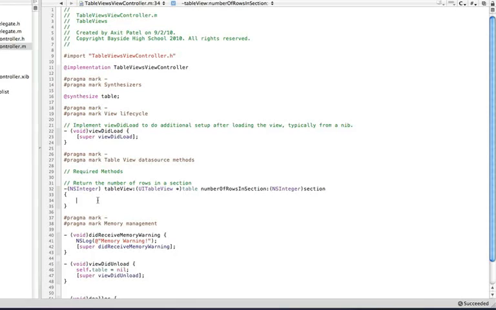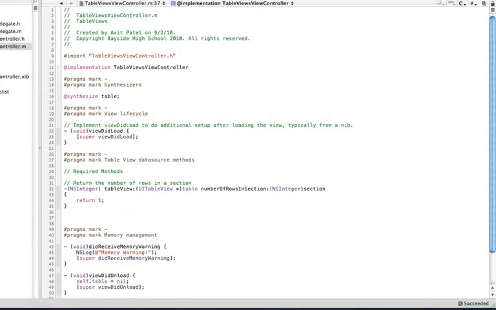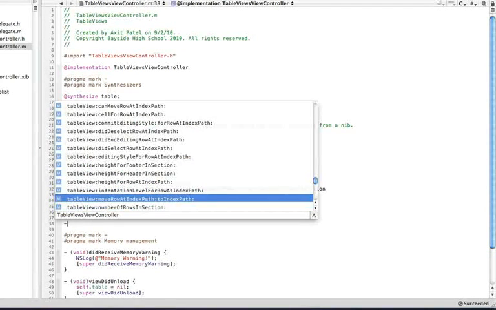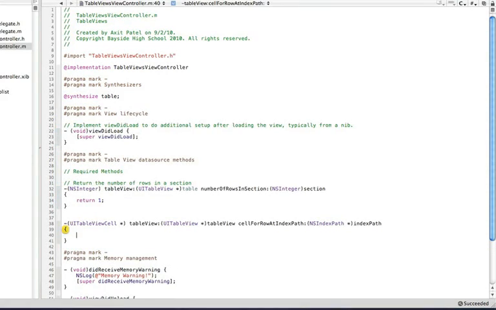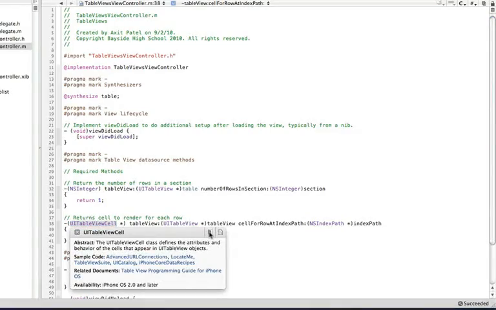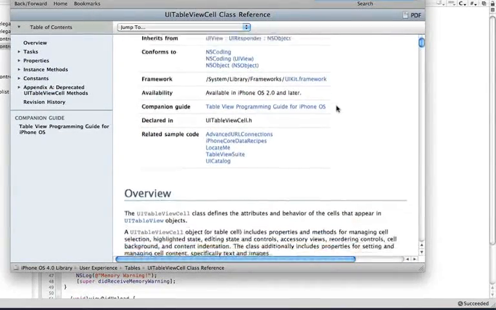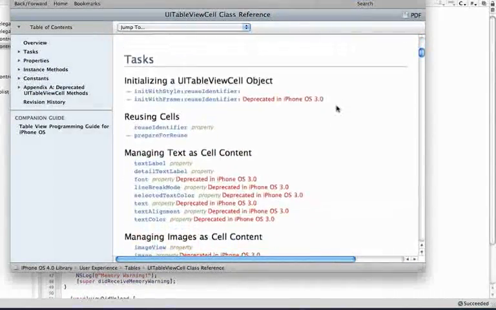So let's say we have only one section, so return 1. And the second one was cell for row at index path, and let's uncomment it. It returns the cell to render for each row. Let's click on UITableViewCell and go to the documentation, and if I'm not wrong,